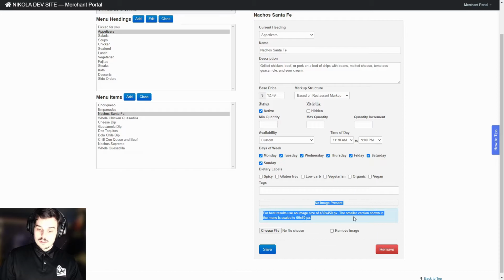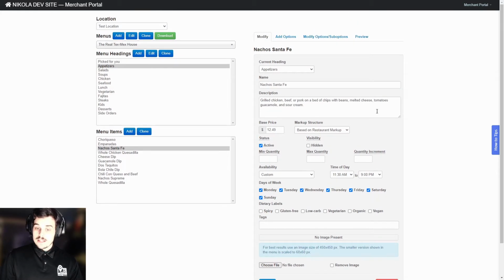Then we have the picture. If there is a pre-populated picture on your menu, all you have to do is click remove and save, and try to keep this format going so it can look the best way possible, because the smaller version on the menu is going to be shrunk down to 60 by 60. There we go. That's the basics of the menu editing,